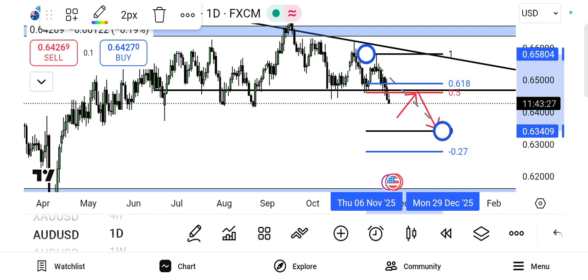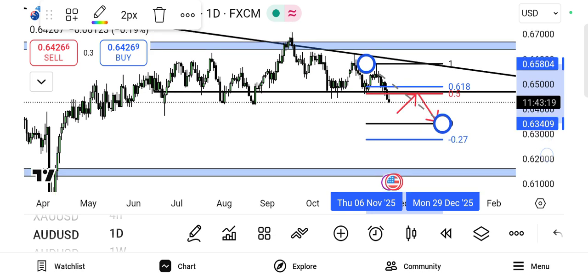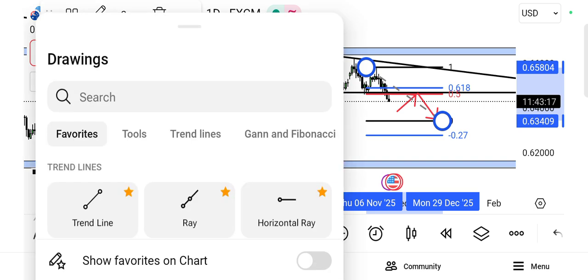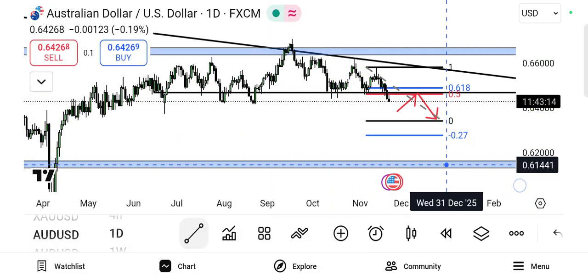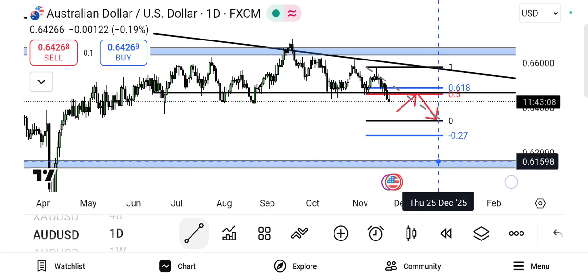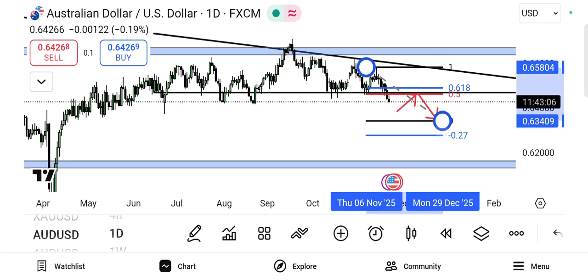At this point, I'm going to go to the lower time frame, such as the 4-hour time frame, waiting for a break of the CTL, 4-hour break of the CTL. Then I'm going to be catching it down to this zone. I'm going to be swing trading it down to the zone. So this is how I trade, and that's what I'm seeing on